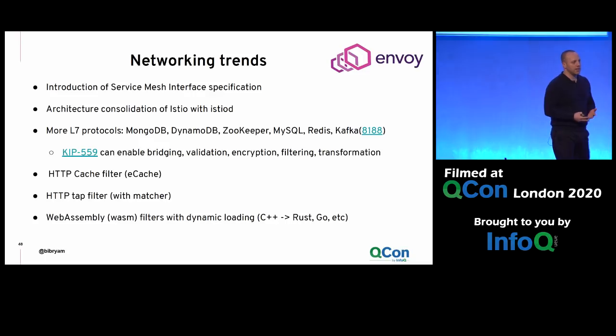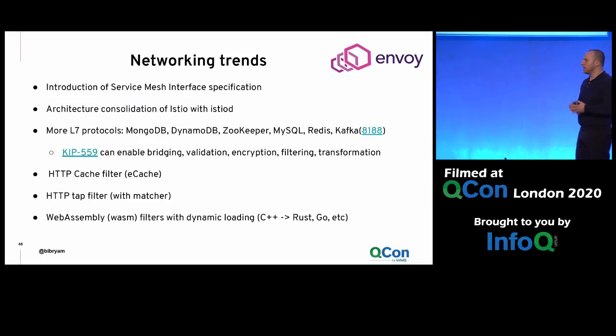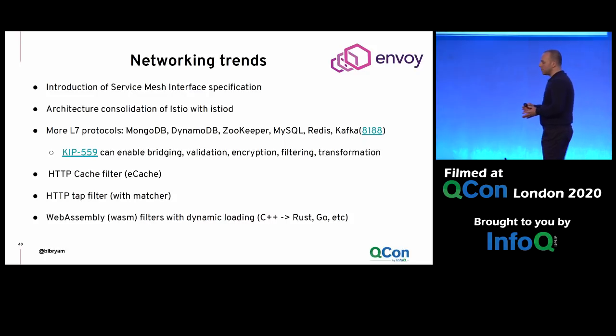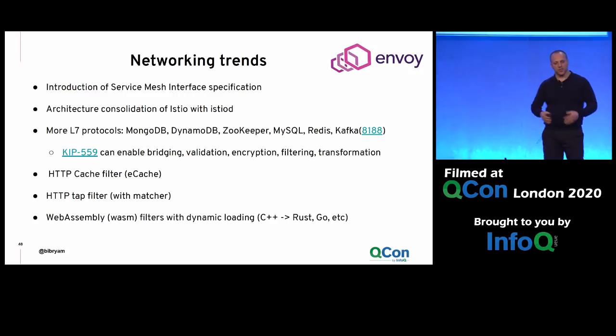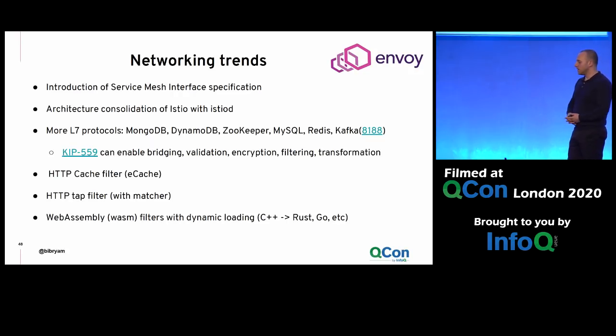So we can expect even tighter integration and more capabilities. Most likely there will be some kind of bridging capability, so in your service, you can do an HTTP call locally from your application, and the proxy will, behind the scenes, use Kafka. So you can do things such as transformation and encryption outside of your application in a sidecar